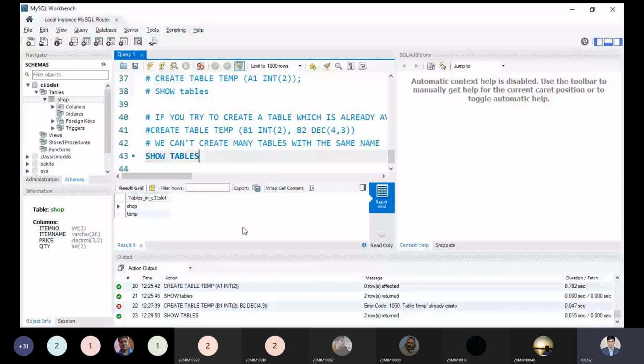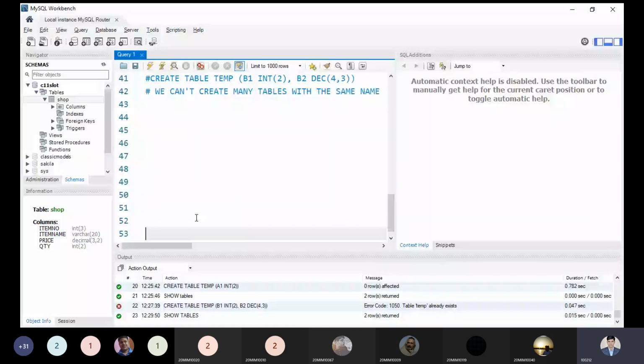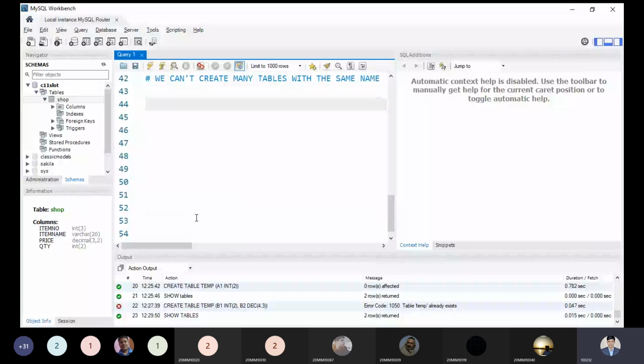The next question a student can ask is: if a table is created unnecessarily, meaninglessly, or unintentionally, what will you do? You just need to delete the table. Am I right? You will remove the table.